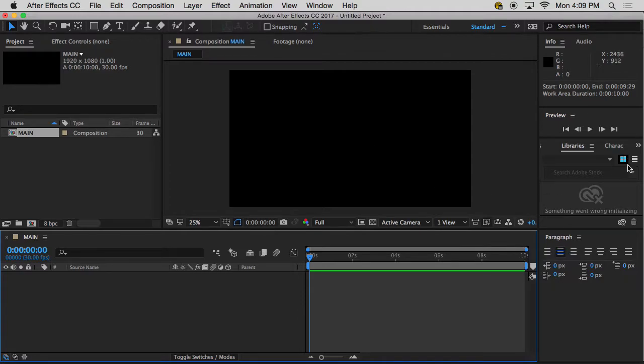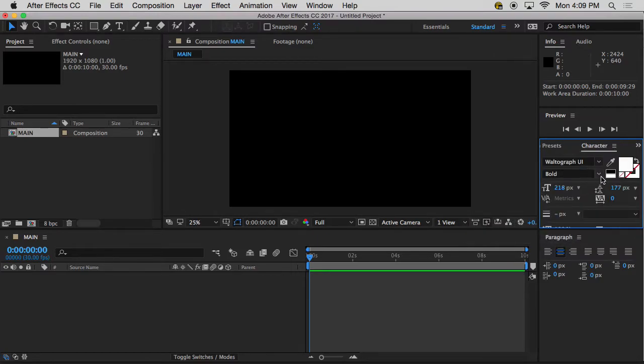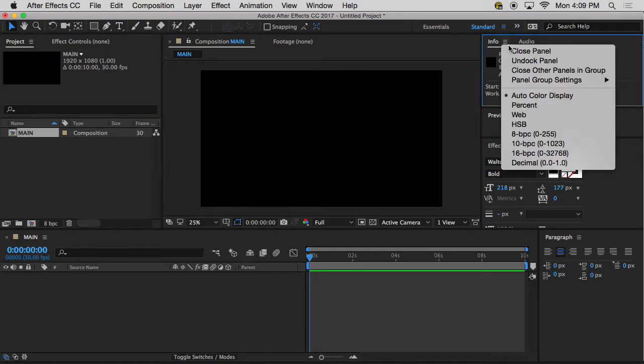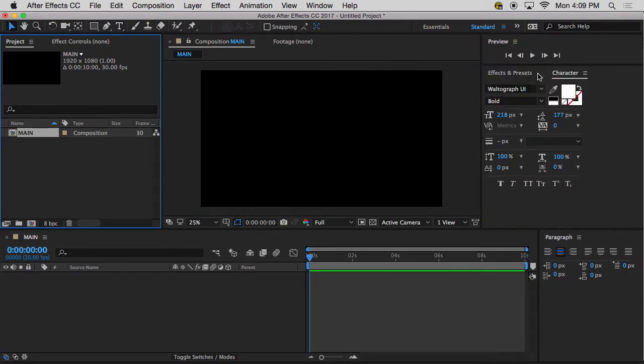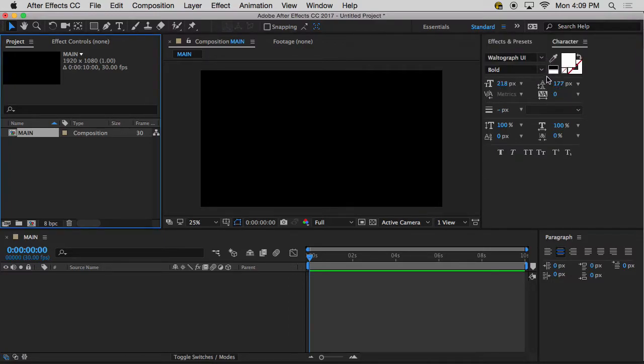Okay. Looks like my little screen over here is getting a little annoying, so I'm going to right-click and say close this panel. I don't want libraries in there. We'll make this a little bit bigger. And we're going to look under this character palette. I'm also going to get rid of info and audio and preview, because I'm doing it for myself so that you can see. You don't need to get rid of those. My screen is just so tiny that if I wanted to actually look at the character stuff, it would just be a nightmare. So now that we have this character palette open, I'm going to go to my text tool